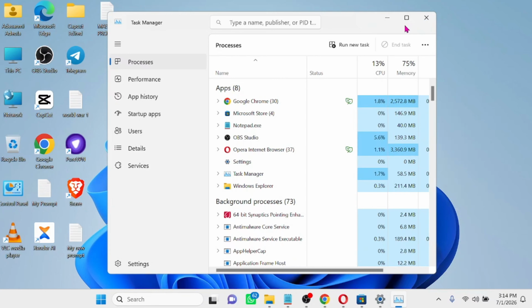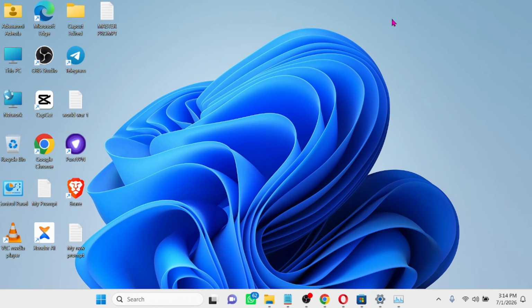Task Manager is one of the most important features on a Windows computer that a lot of users ignore completely. With Task Manager, you can improve how your system performs and how it reacts to whatever you are doing currently or next time you are opening your device. So in this video, I'll give you two important settings that you need to put in place,